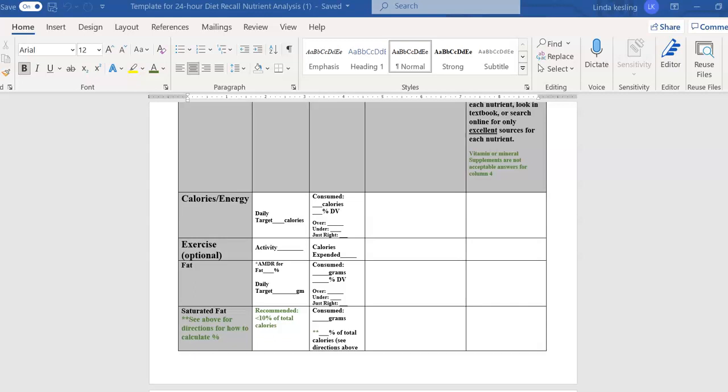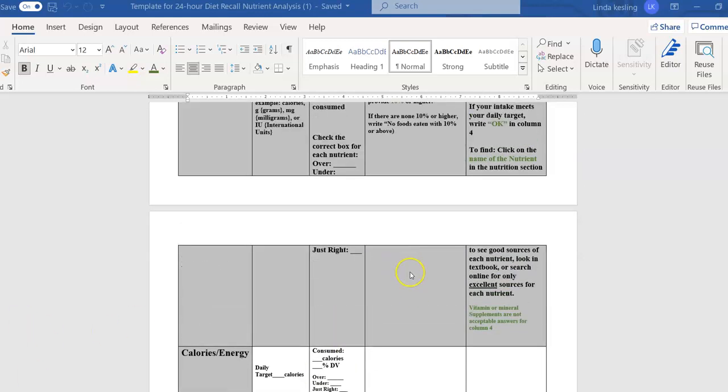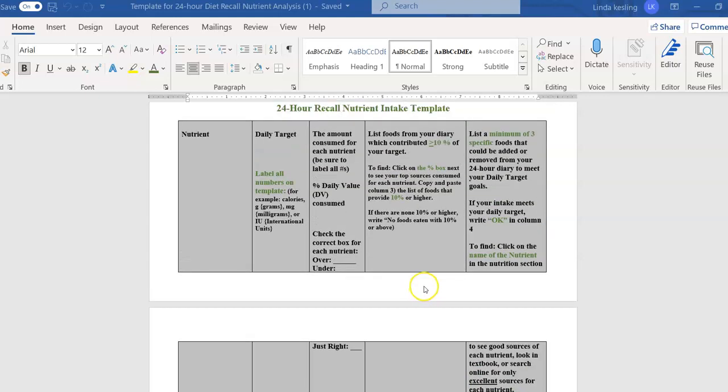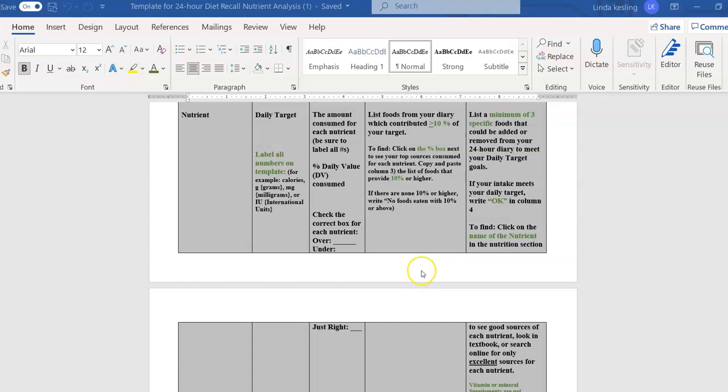Welcome to our third tutorial on how to interpret the Cronometer data that you created in Module 3. Last video, if you remember, we went over the template and how to complete each of the 4 columns here. Today we're going to look at the Cronometer data and help you know where to look to complete all of